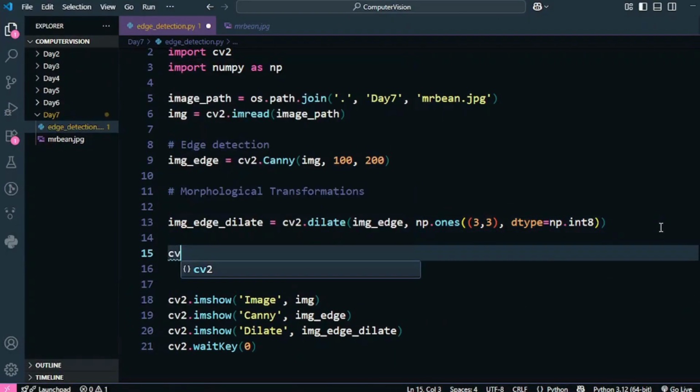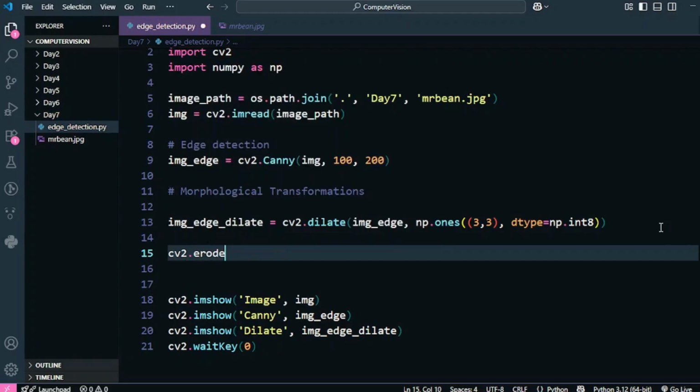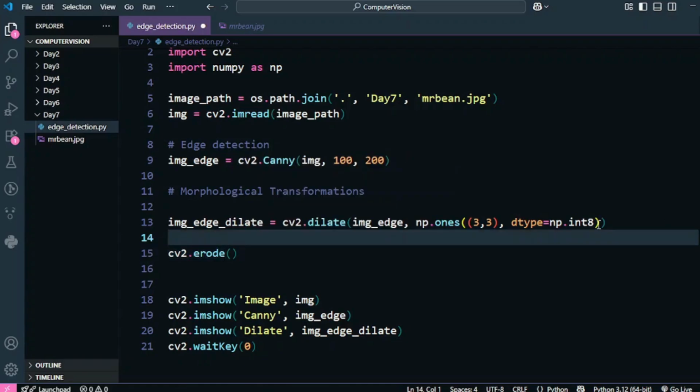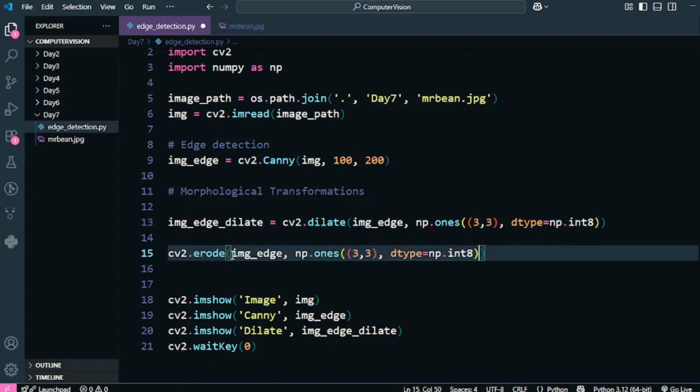Okay, now we're going to talk about another morphological transformation function, which is called erode. Now, erode is kind of the opposite to dilate. So I'm just going to copy all this and paste it over here. But instead of the image edge, I'm going to use the dilated image that we have, so that it can erode the edges of the dilated image, and you can see the difference as well.